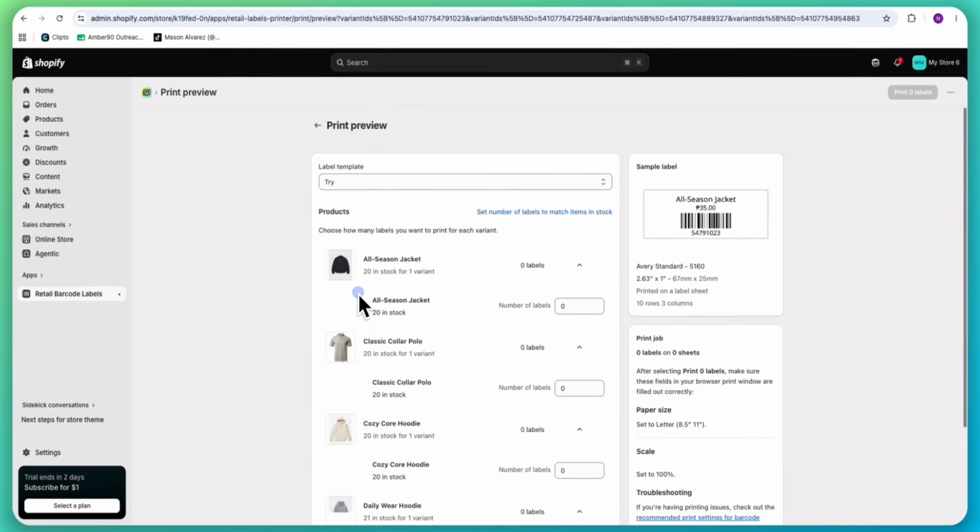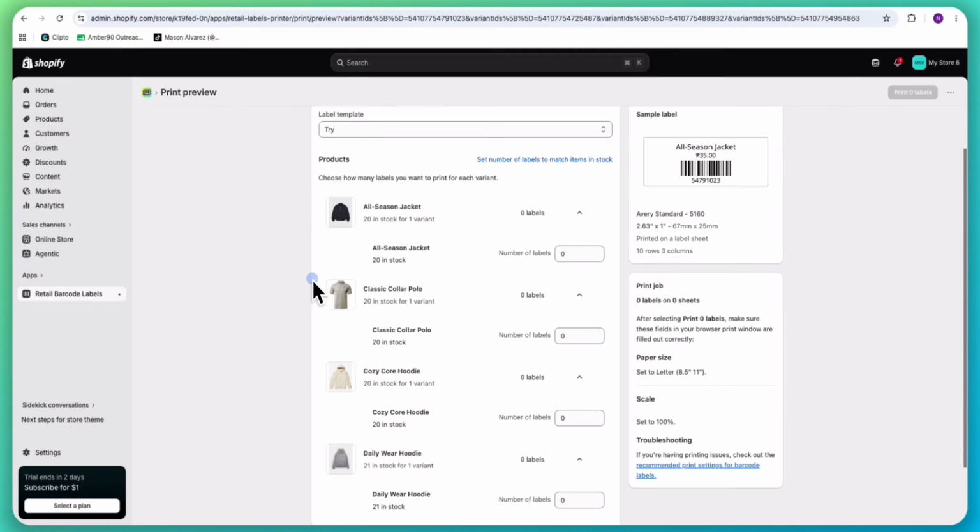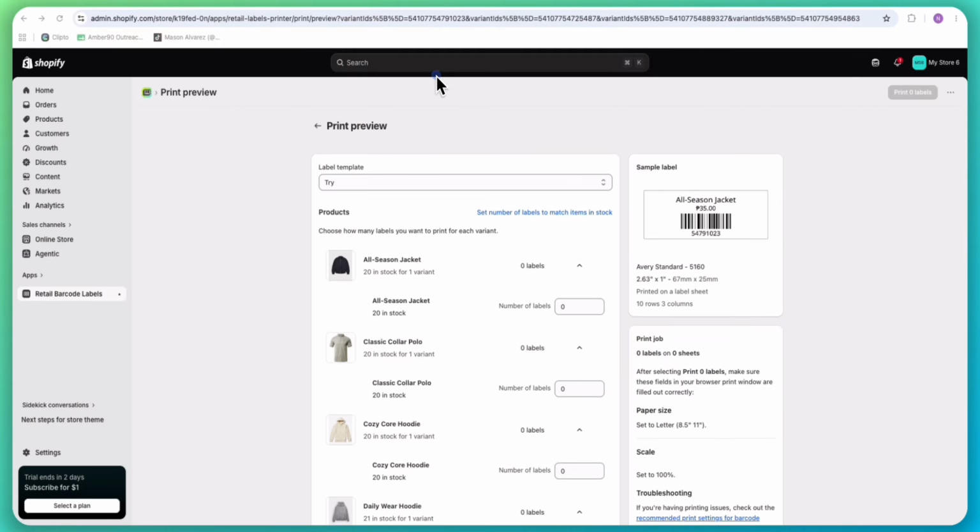And that is how you can create and print barcode labels directly from your Shopify using the Retail Barcode Labels